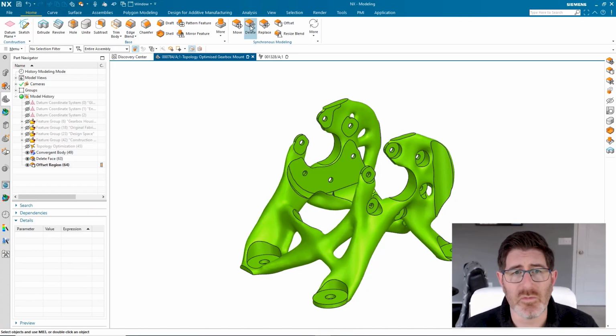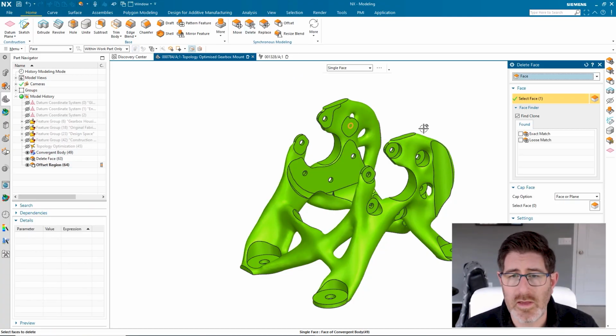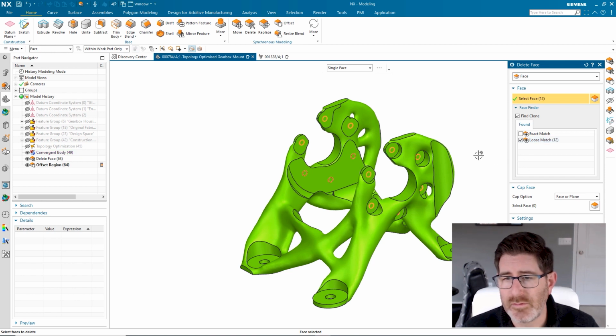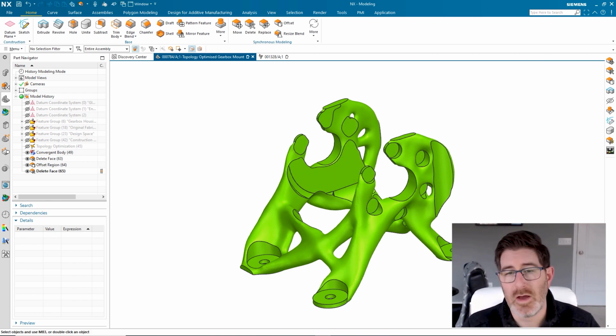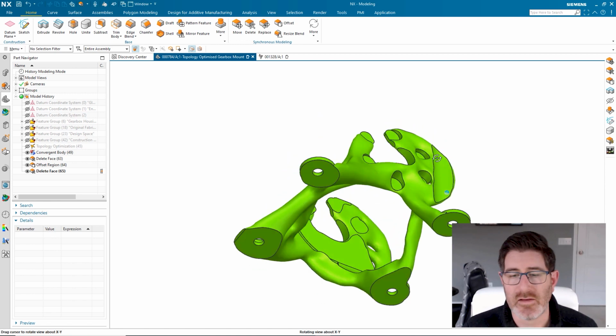It took me about 10 seconds in our new system, which is, again, if you do this with facets, just amazing compared to that. These top holes I'm just going to get rid of. They're small, and again, we need some meat up here, so I'm going to tell it to loose match those. It's going to find all 12. Those I'm just going to get rid of. We know where they're at. We know what the diameter needs to be. I'm just going to fill them in, and we'll have those ready for machining as well.